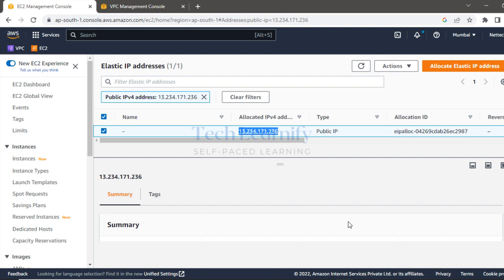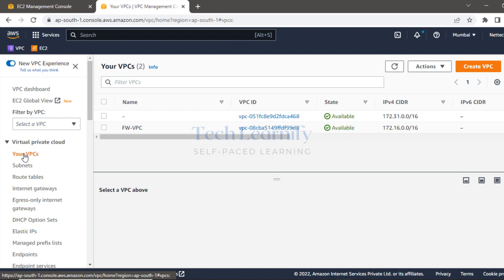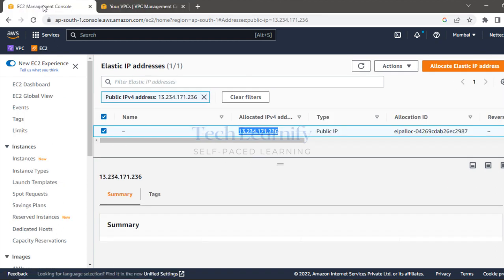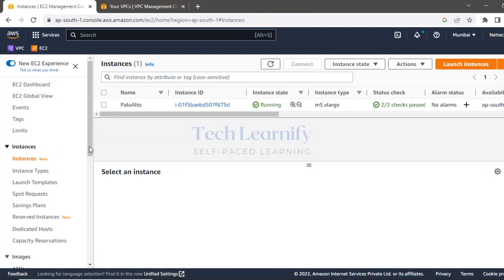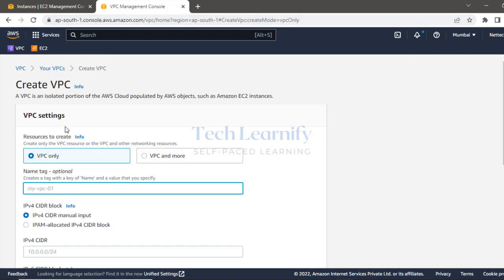subnet and routing table. So on this VPC page, there is already one firewall VPC, and the Palo Alto firewall is even running. We have just finished the previous lab session. So we spun up the Palo Alto firewall, the same topology I'm using, right? So you'll have to refer to my previous session. In fact, create VPC, and I will name it VPC 01